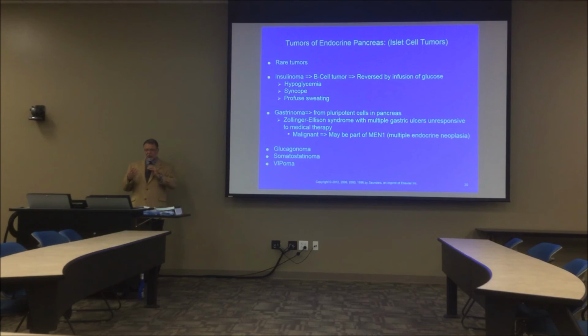The gastrinoma goes with one specific situation. This is from cells that are pluripotent, and there's one specific syndrome, the Zollinger-Ellison syndrome. Those are multiple gastric ulcers, and these are unresponsive to medical therapy. So again, you have peptic ulcer disease, and you think that probably Rolaids or Tums will make it better, or some of the